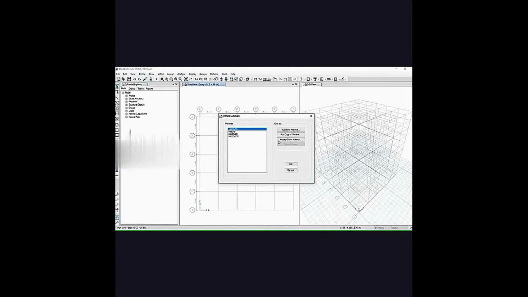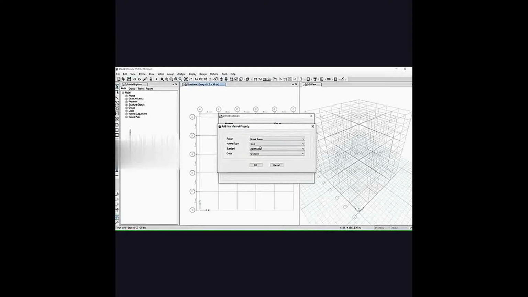Click define option and material properties. Add new material property. Select material type as concrete. And I have chosen the grade of concrete as M20. Click OK option.